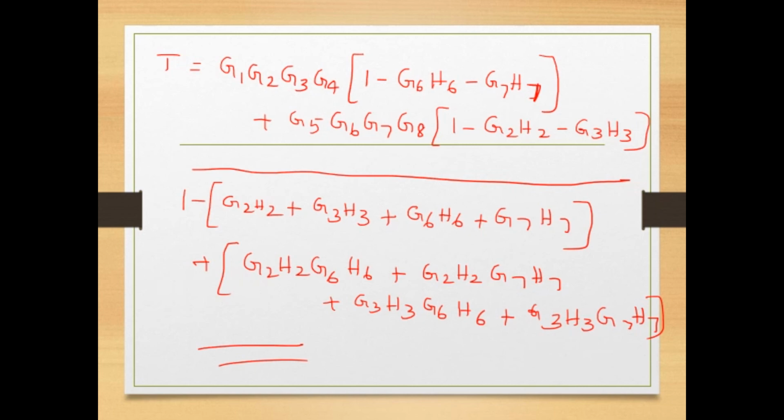If we want, we can even simplify this particular transfer function. So we have seen one numerical on how to construct a signal flow graph from a given differential equation. Similarly, we have seen one example on how to convert a block diagram into a signal flow graph and then apply Mason's gain formula, and one example on how to directly obtain the transfer function for the given signal flow graph. So this is all about this session. Thank you.